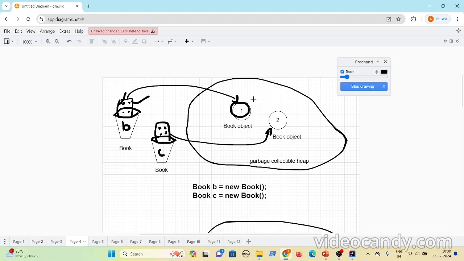So what we are doing is, we are not actually holding the object, we are just holding a remote control or a reference for the object that we have created. That's why for objects, we call these reference variables. We don't call them object variables, because these variables are not actually holding the object. They are just holding a reference, or something that can access the object.